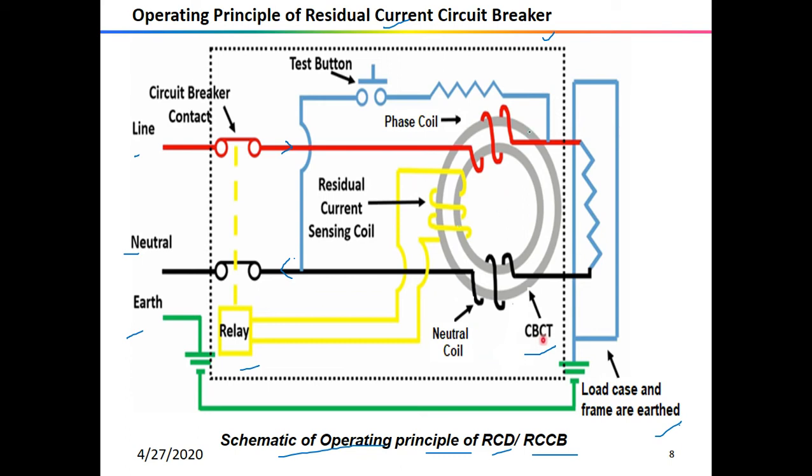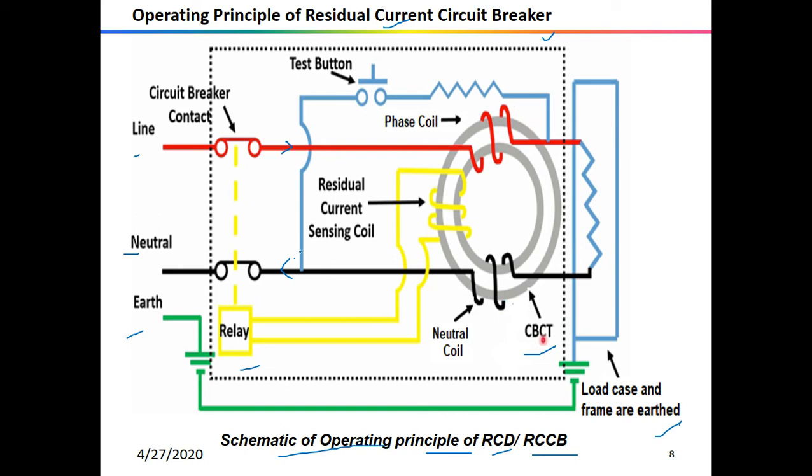With this core, there are three coils. One coil is the phase coil, one is the neutral coil, and another is the residual current sensing coil. Whenever the amount of current passing through the phase coil and through the neutral coil is the same, there will be no sensing here, no signal will go to the relay, and there will be no break in the circuit. So on a healthy circuit, the same current passes through the phase coil and the load and returns back through the neutral coil. But both the phase and the neutral coils are wound in such a way that they produce opposing magnetic flux, so with the same current passing through both coils, their magnetic effects cancel each other. So the flux produced by this and the flux produced by that will cancel each other.